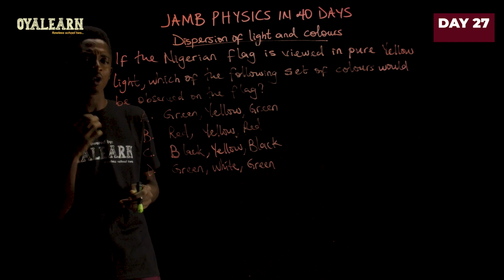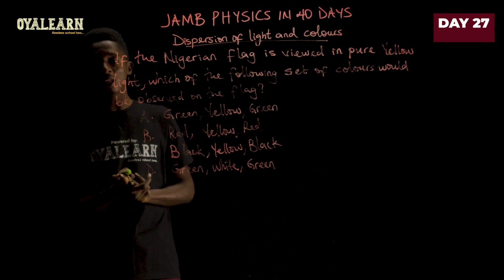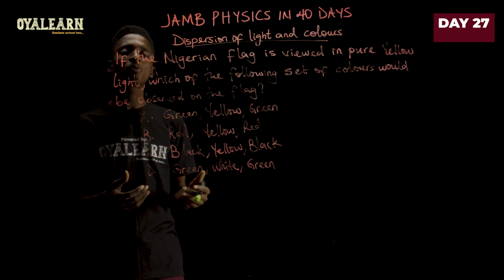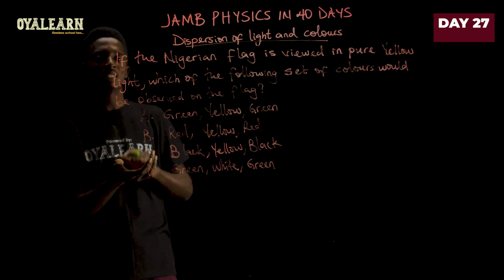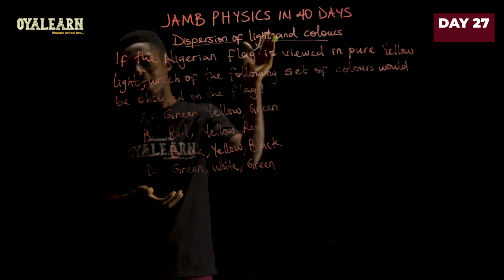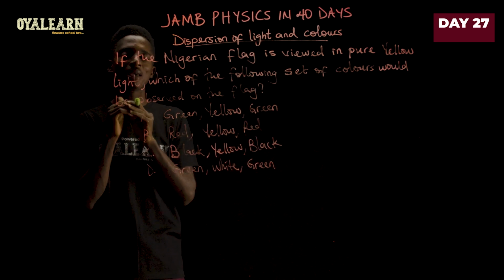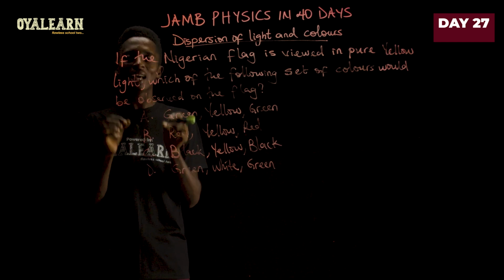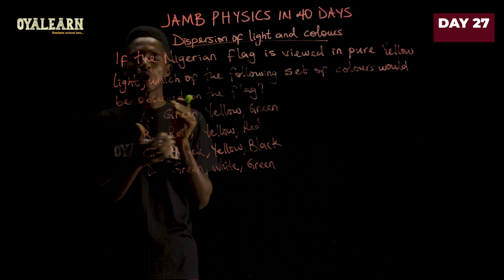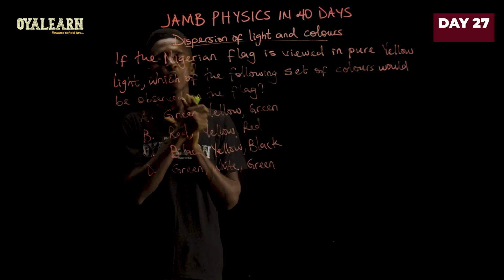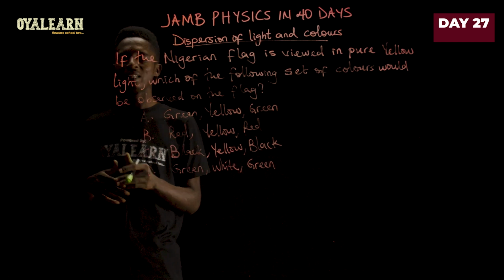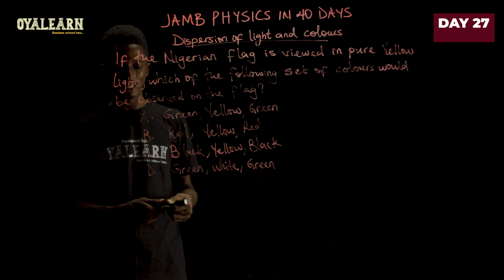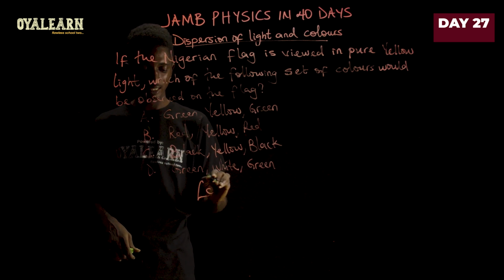Whereas the white part of the flag is going to absorb all of the colors and reflect all of the colors back as well. So when it is absorbing yellow light, it should be able to reflect the same yellow light back. So while the green part is appearing dull or black, the white part will appear yellow because it will be reflecting all the light on it, which is the yellow pure light. So what you'll be observing is black, yellow, and black, which means the correct answer is option C.